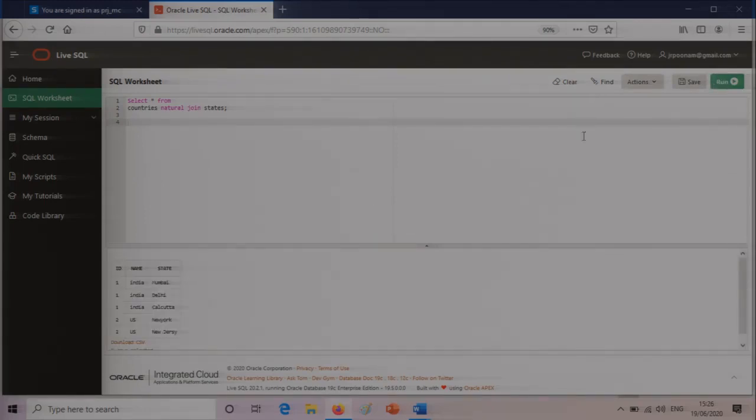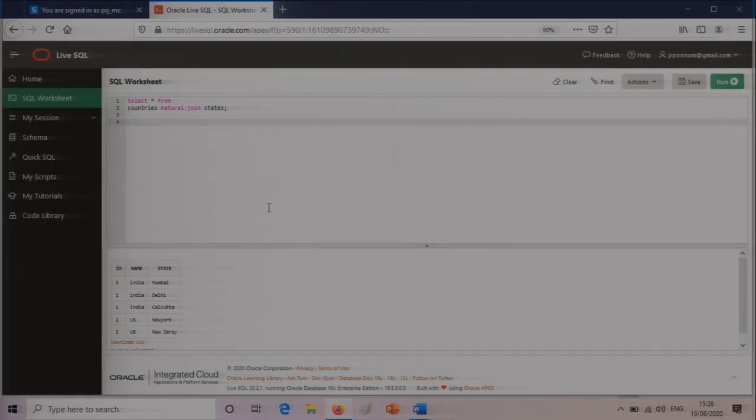So what it is doing is, there are 2 particular tables, countries and states, which are getting joined using the natural join. Whichever are the concerned entries from table 1 which have some referential entries in table 2, only those will be selected from both the tables.